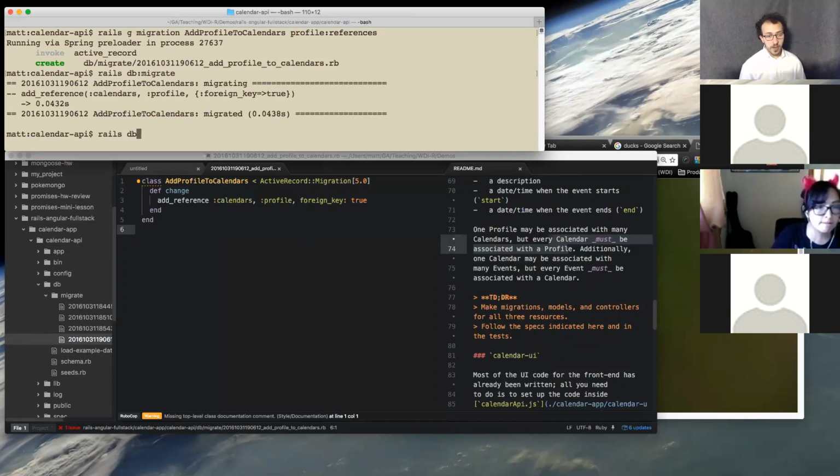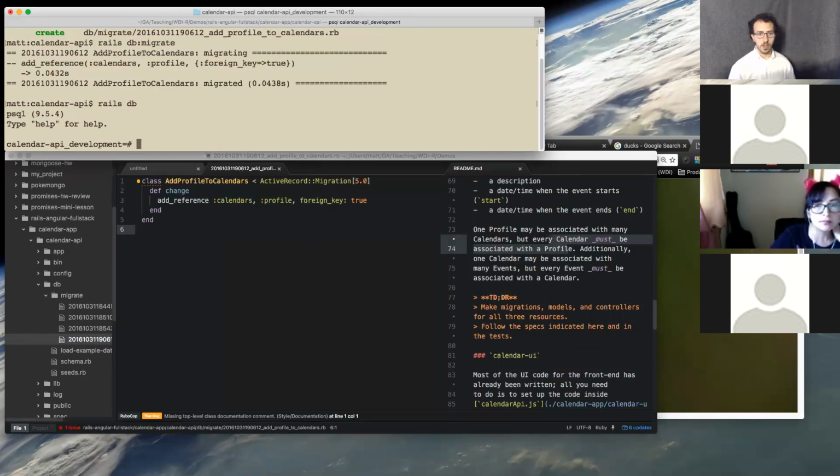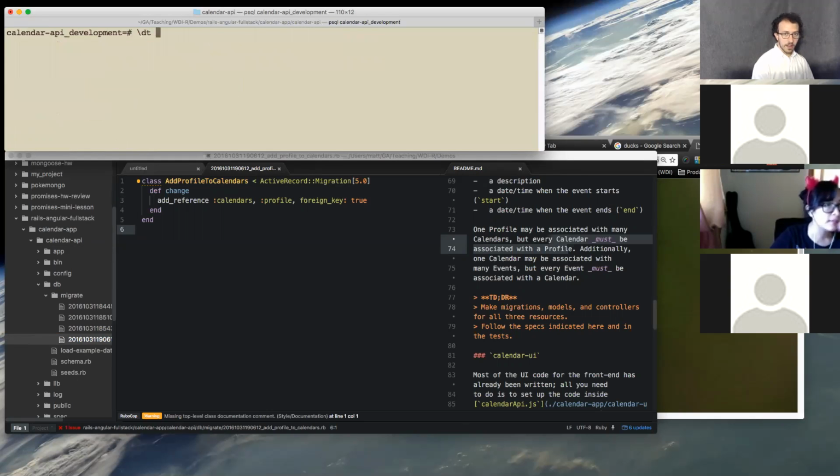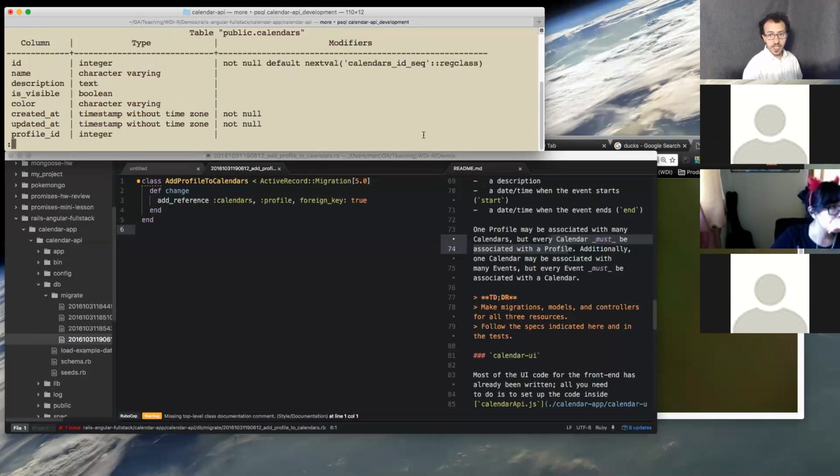We changed the database, we ran a migration, so we use Rails DB to check our work. Okay, so I'm gonna look at my tables: calendars, events, profiles. Those all still exist. If I look at the calendars table in particular,